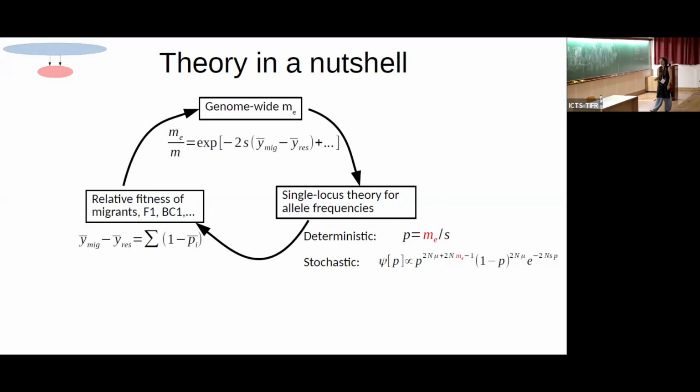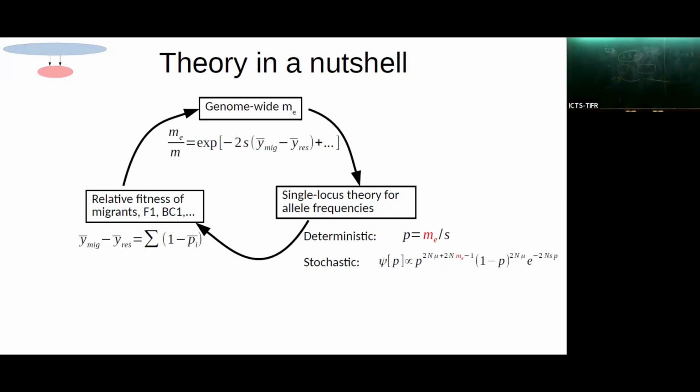Yes, but it's a geometric series. If you think of, let's say, the migrant and the resident differing at Y alleles, the fitness of the migrant is then this. The fitness of the F1 hybrid is approximately this. Of course, one can vary about variances and so on, and they'll contribute order S squared terms, but that's just to a first approximation. Then the next generation is, yeah.